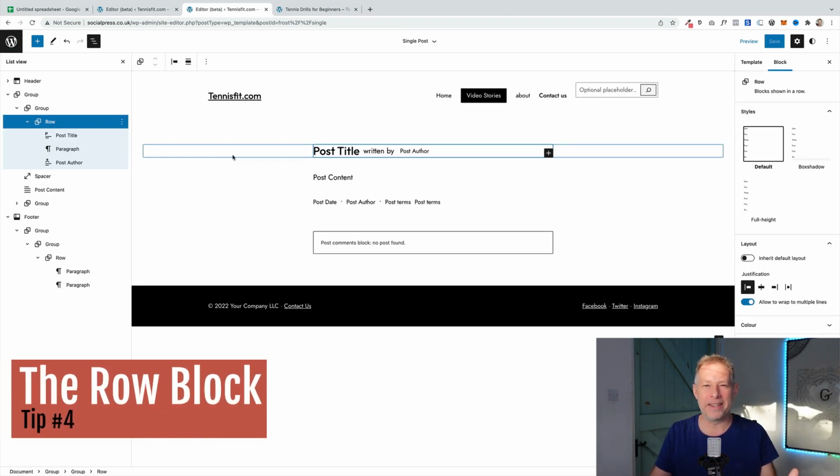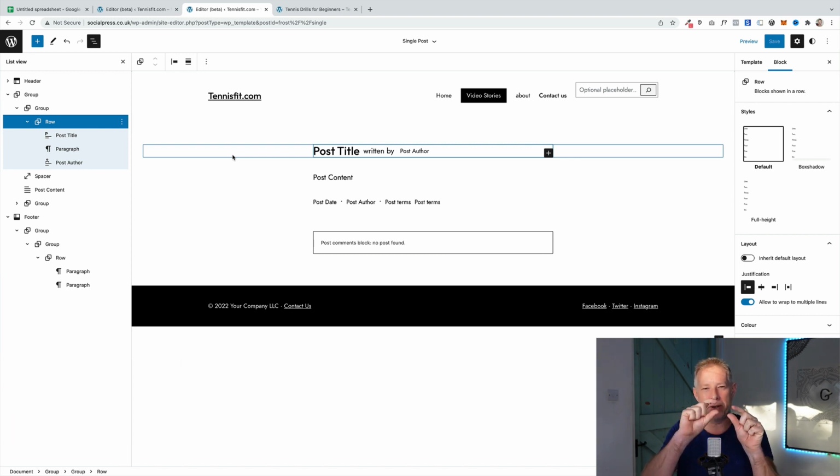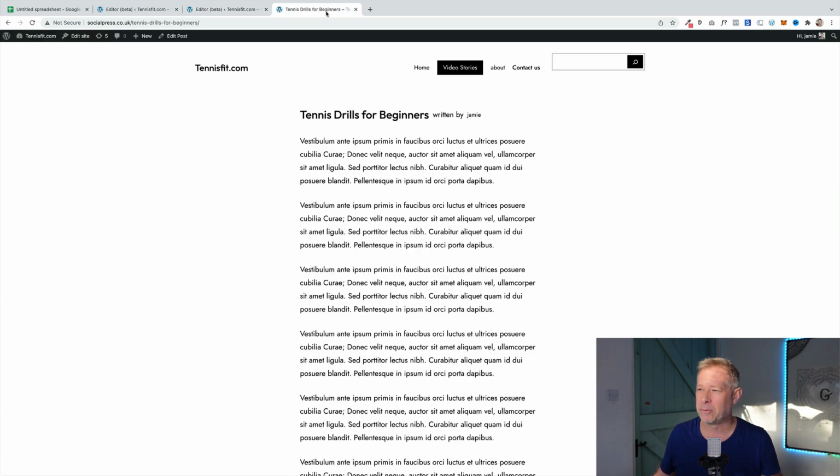Here's a creative idea for you, and that's to use the row block in interesting ways. The row block lets you put multiple blocks in a row next to it. Here's just one potentially interesting idea how you might use it. So what I've done here is I've taken the post title, but I've put next to it written by the post author block. Those are all individual blocks. But you can put any block you like in these rows. This is what it looks like on the output. Tennis Drills for Beginners, written by Jamie. So it's just a really interesting, I think, example of how you can use the row block with full site